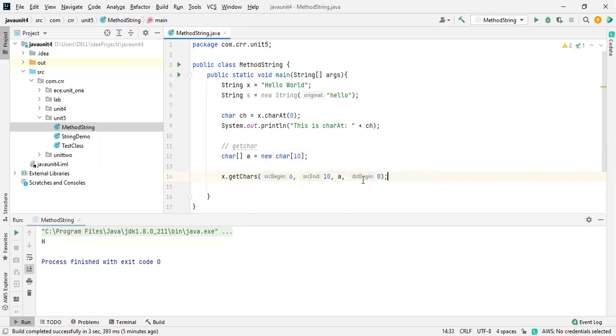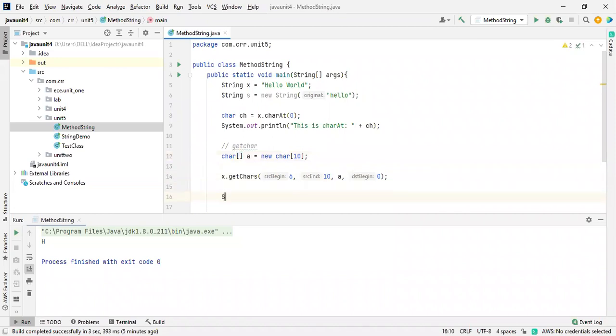This is the begin. This representation is somewhat different. Consider these 3 arguments, okay? Concentrate on these 3 arguments. I'm starting with the 6, ending with the 10. After that, I'm going to consider the array I declared over here, and everything will be copied to this character array. So how are you going to print that one? Let me take this out.